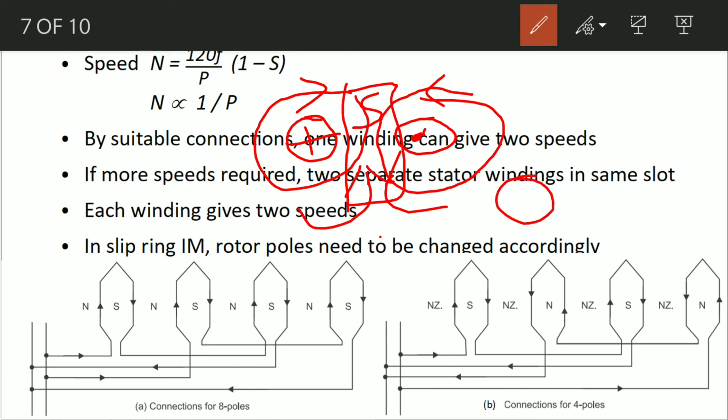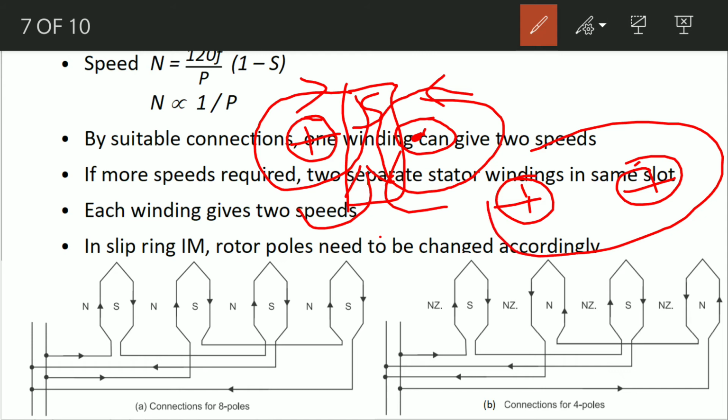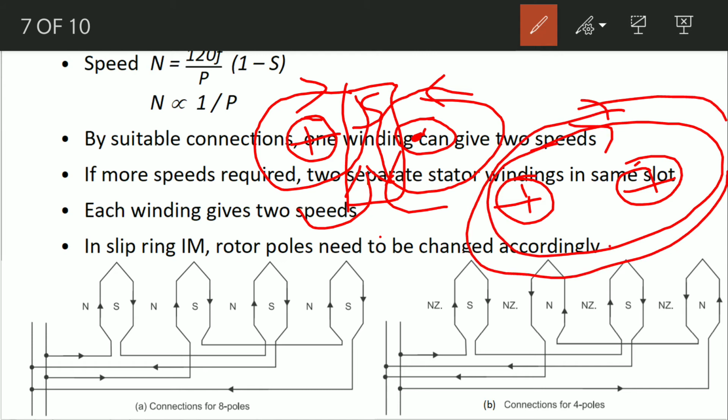If the direction of current is the same in two conductors or two coil sides, what will happen? The magnetic lines will be like this. In between the two coils there is a neutral zone, no pole will be formed. So we can conclude that between two conductors having opposite direction of current there exists a pole, but having the same direction of current there will be no pole between the conductors.